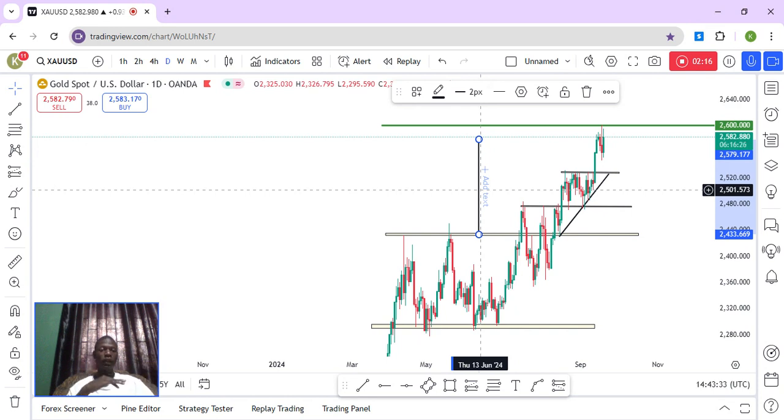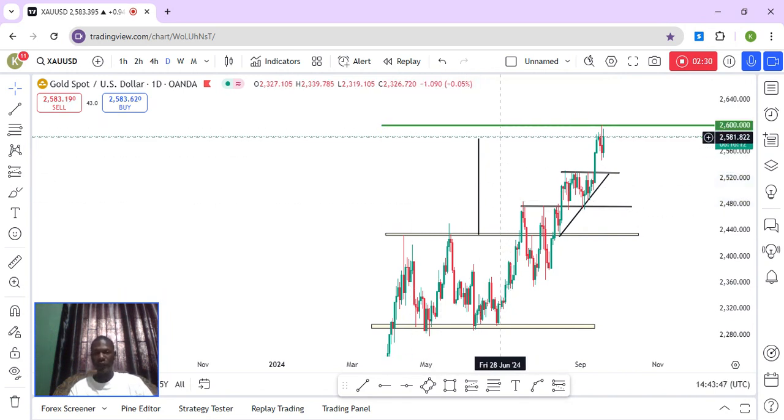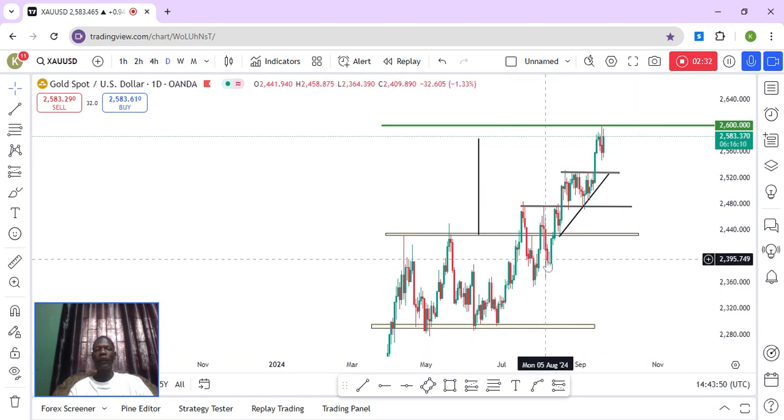Either way, the market breaks out. If it takes out the resistance, then we place the height from the resistance of the range to where the line stops, and in this case it stopped at 2,500 to 2,585 dollars per ounce for gold. I said in that video that because of the psychological level, and you know how powerful the psychological level is, our next level target for gold will be 2,600.